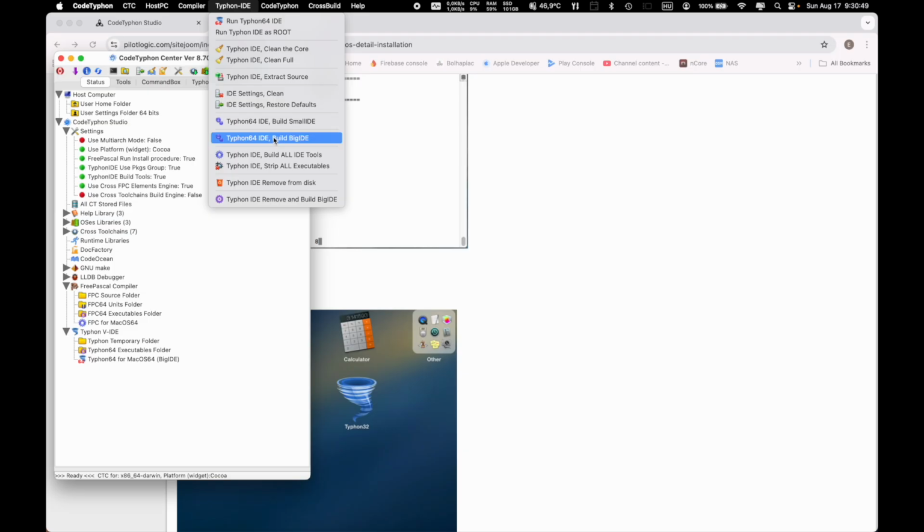So I was starting with the Typhon 64 IDE and the build big IDE,